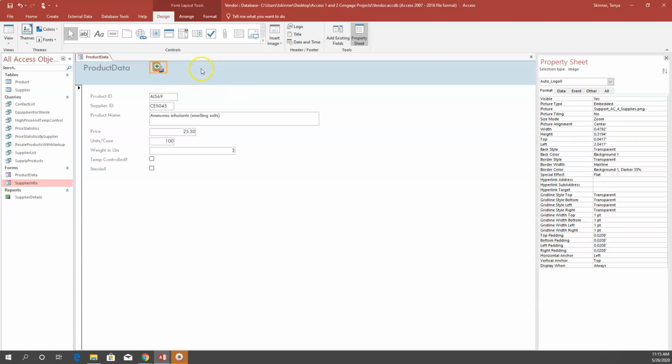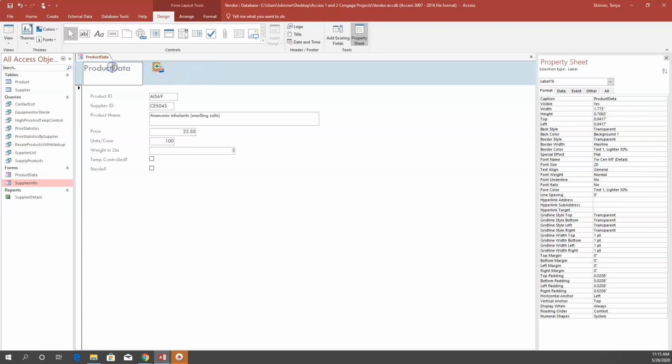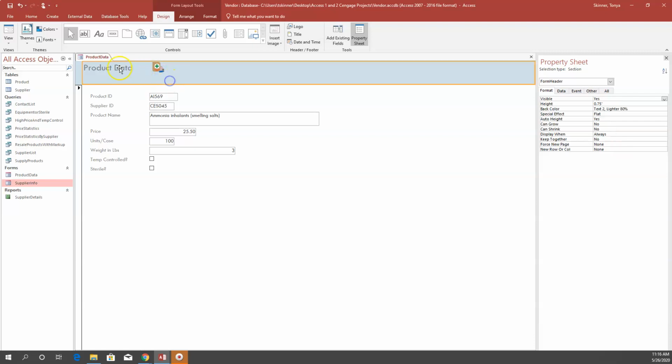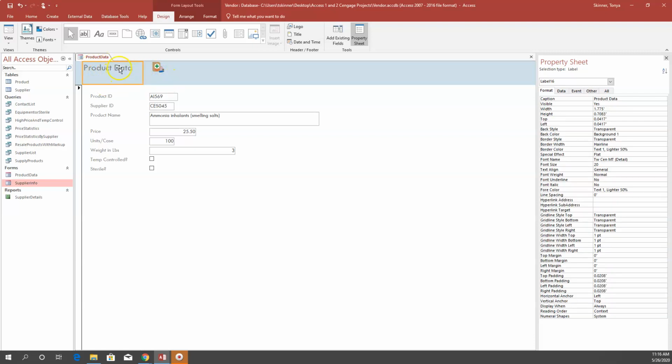Okay, instruction 5 says to edit the title, so it's 2 words. You're going to double click in there, insert that little space bar to make sure that it fits. And if it for some reason went on 2 lines, you would resize out this box here. Then they have us change the font color of the form title, so be sure you're clicked on that